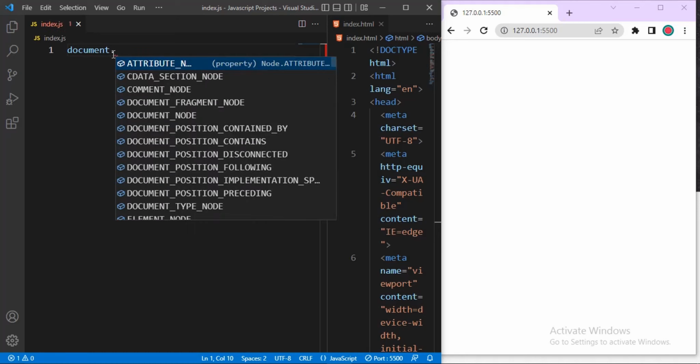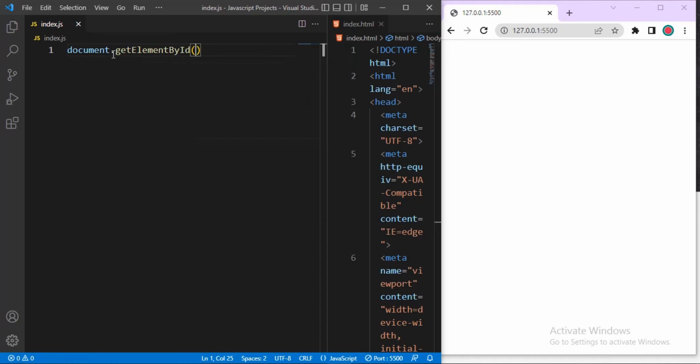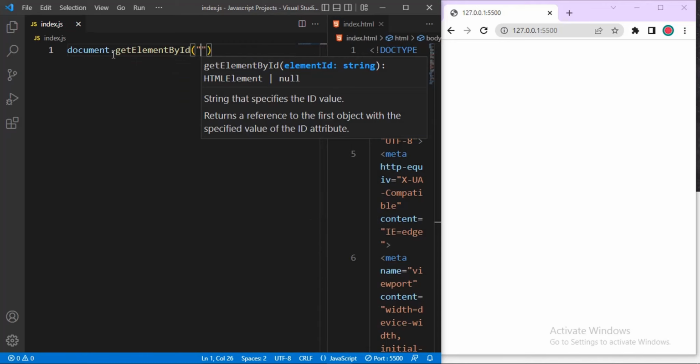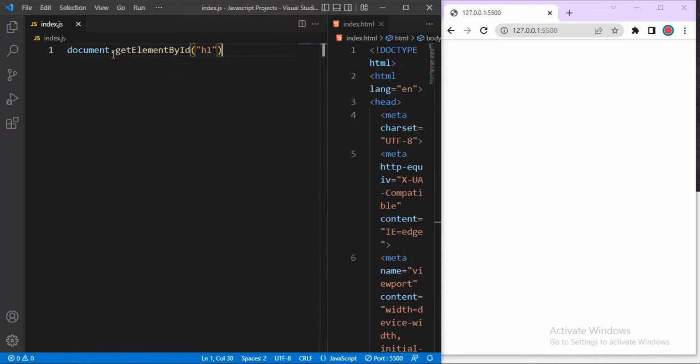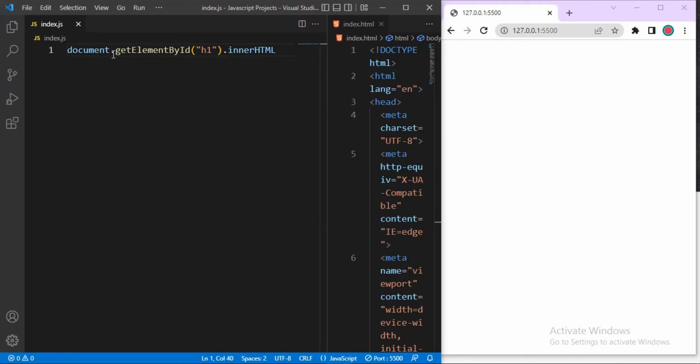Okay, dot getElementById and put as parameter the name of the h1. Let's say dot innerHTML, then set it equal to